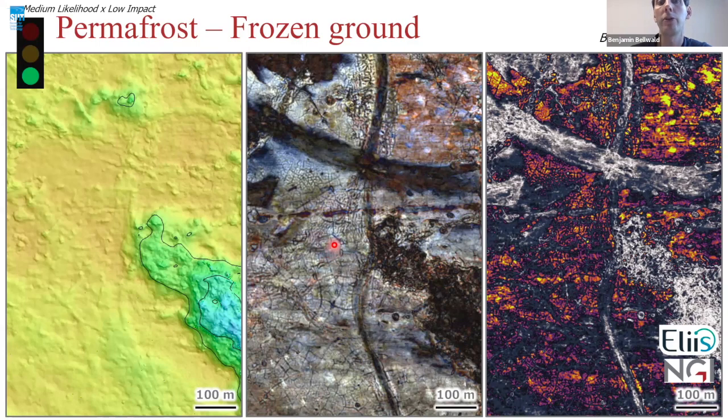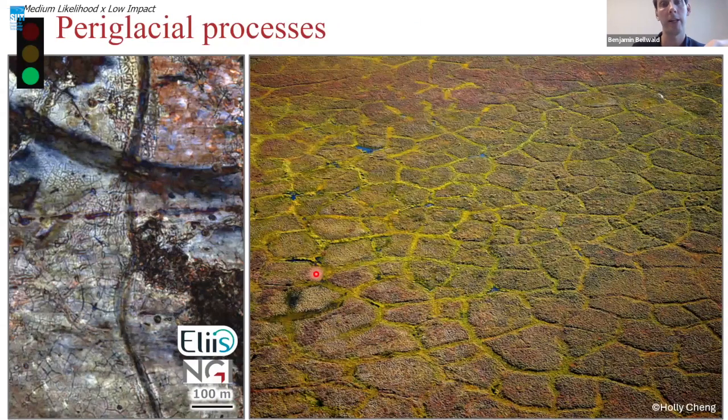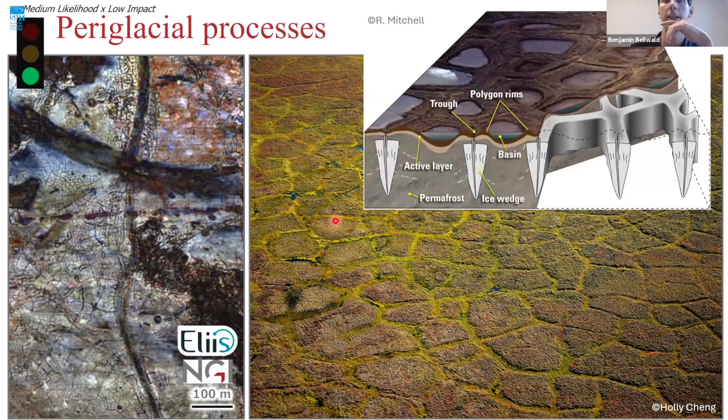that's an indicator that you have permafrost, and that the thawing and freezing of the permafrost may have an impact on your soils. So periglacial processes, like we have in this one, which is from Alaska, I think. These nice polygons we can observe in ultra-high-res 3D seismic data, and they indicate that we may have decomposed some of the uppermost meters, and they may be weaker substrate, even if in the bedrock, than you may assume. However, usually we can identify that in the seismic data, and that's why the likelihood is maybe medium,